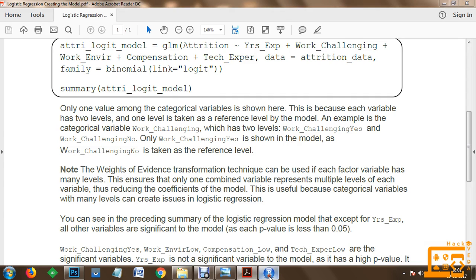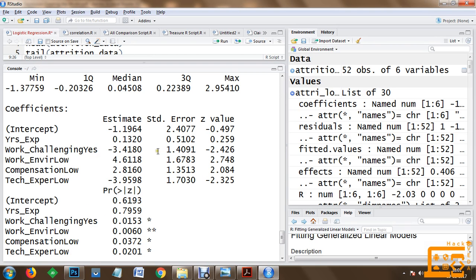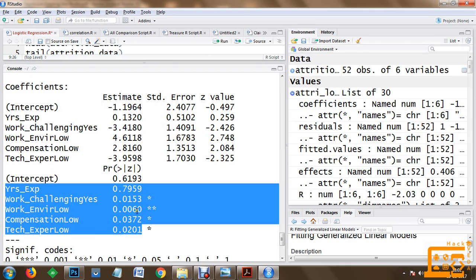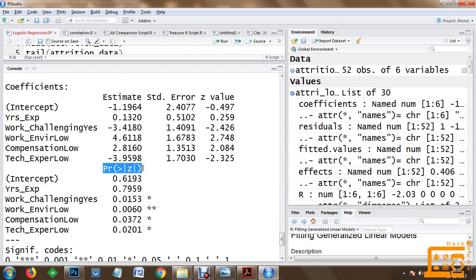Let me show you what that means. As far as the p-value is concerned, the p-value shows that years of experience is greater than 0.05, and this means it has a very high p-value, and this means years of experience is not significant to prediction of iteration.